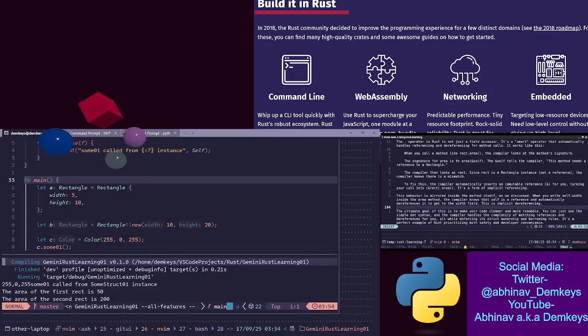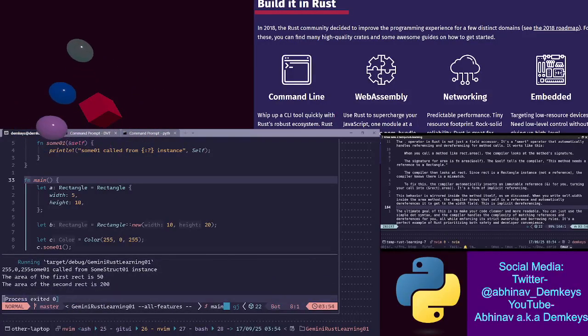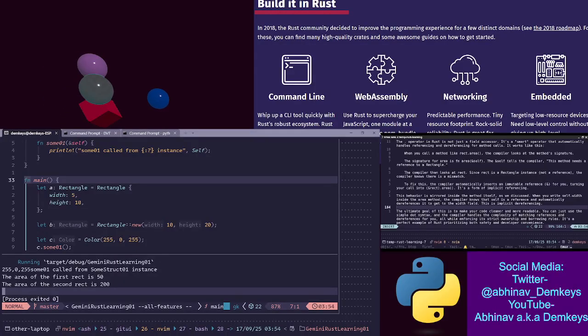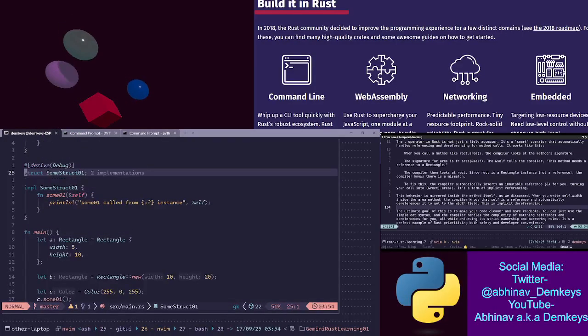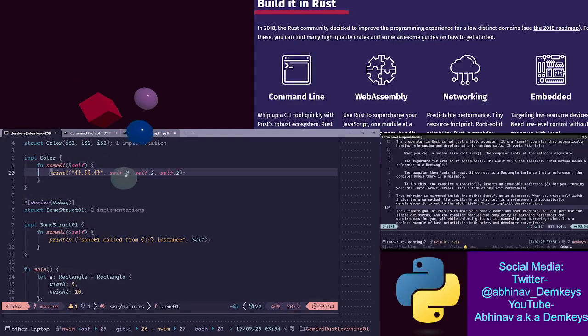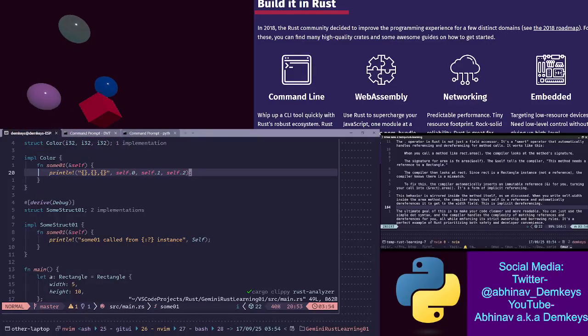All right. So I think one of them I set to be print, not print line. Yeah, that was probably the issue. Okay.